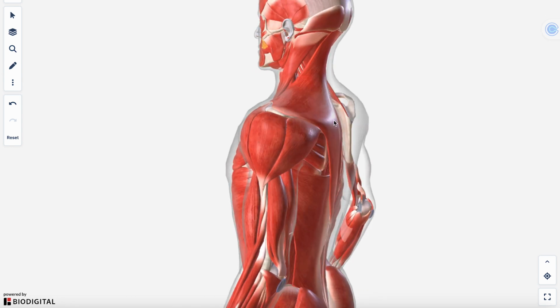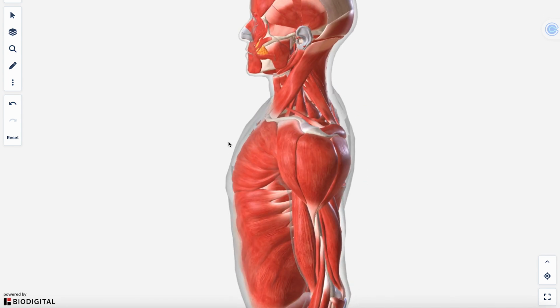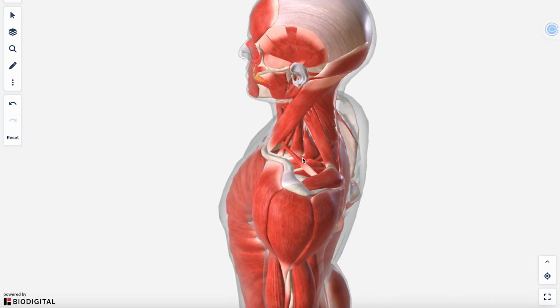Well, actually, let me show you the whole thing here. So trapezius, let's take that away. This is your spine of the scap, acromion process, and then your clavicle. So your deltoid attaches in this horseshoe area, which is the lateral third of the clavicle, your acromion process or AC joint, and on the spine of the scapula. So this is where your deltoid, which is one of the big muscles that helps us to move our shoulder